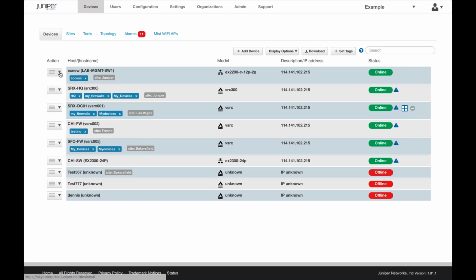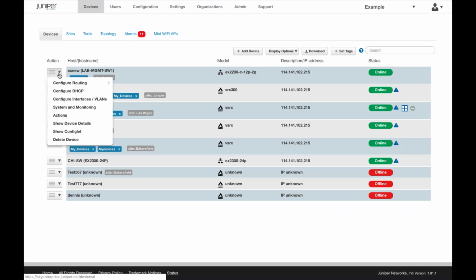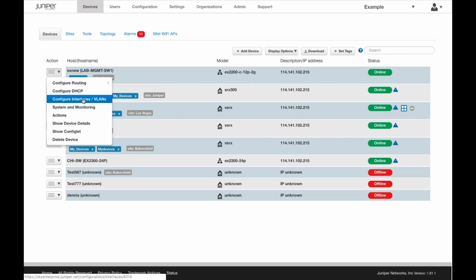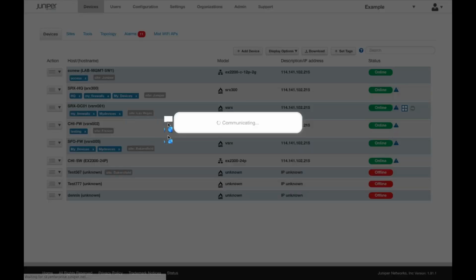Okay, let's take a closer look at one of these devices. So we'll start with an EX switch. And as we go through the configuration menu, you can see all the different functions you can perform on this switch. So here we have static routes and DHCP. And probably the most common configuration function on an EX is people editing and configuring interfaces and VLANs. So we select that,